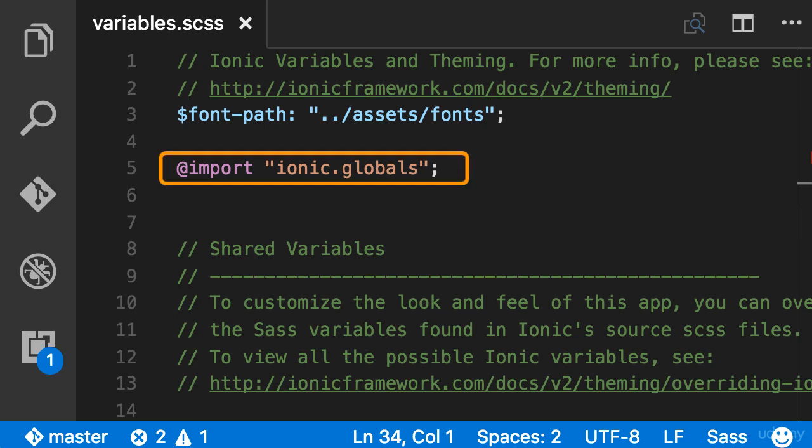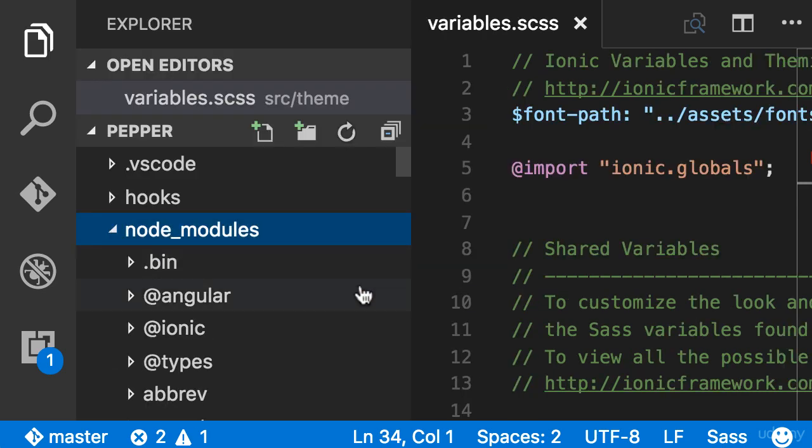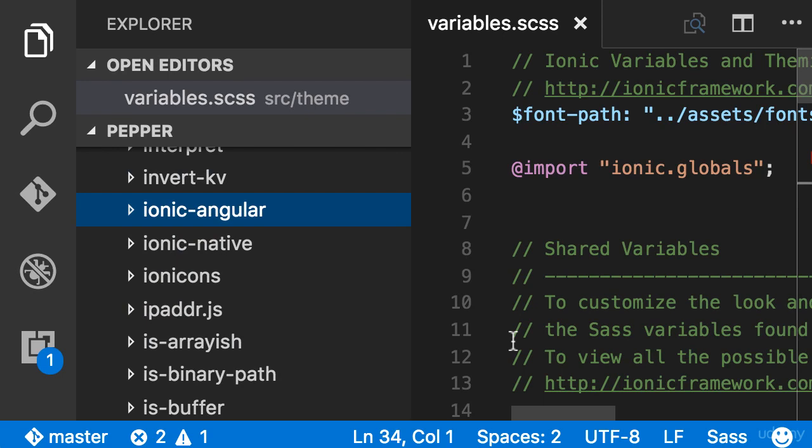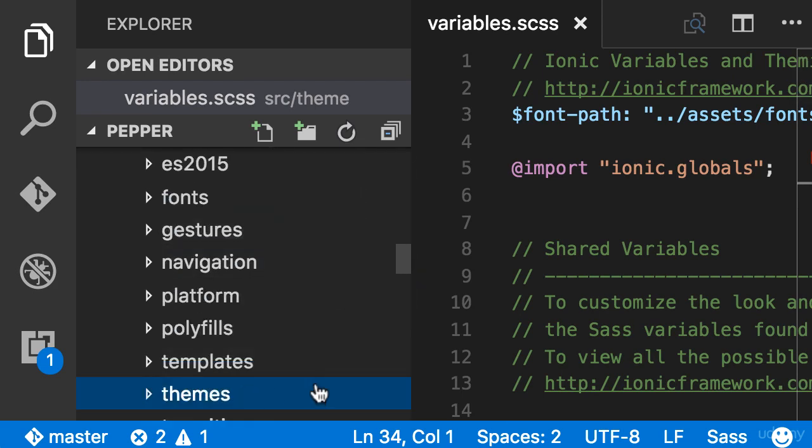So first we have an import statement that brings in the default variables in Ionic. So we have a file called ionic.globals.scss. But that file is not part of our project. Let me show you where it exists. If you go to Node Modules, Ionic Angular, which is the module where we import Ionic components. Now let's expand this. Under Themes,